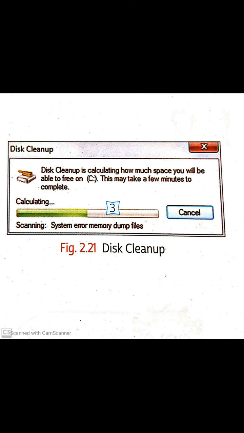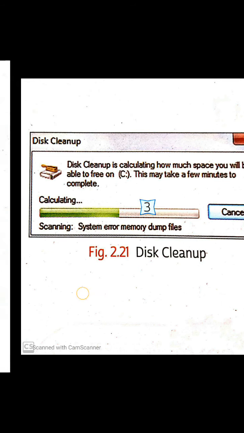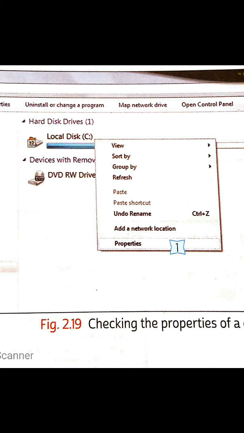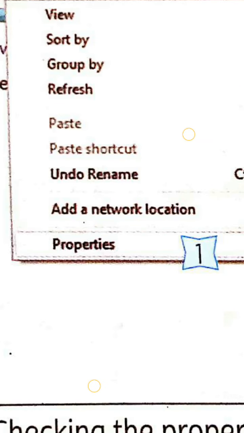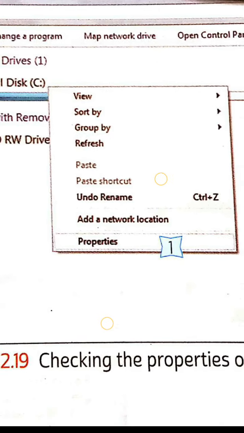Got my point? See once again. First go to My Computer. Then in My Computer, we have taken one example, local C drive. Do right click on that. When you do right click, there are many sub options coming. From there you have to click on properties. When you click on properties, a window will open.